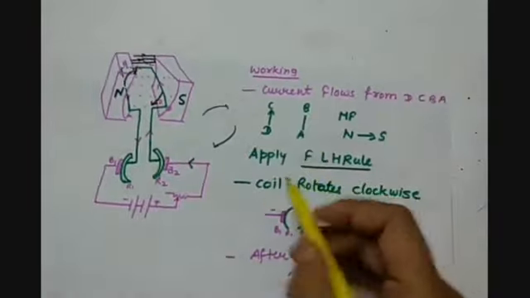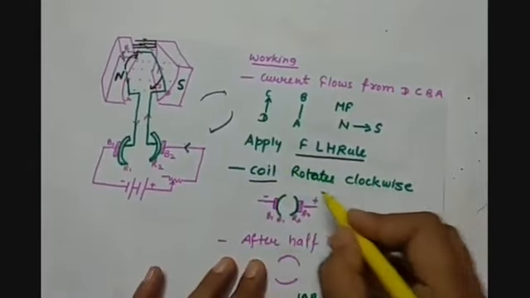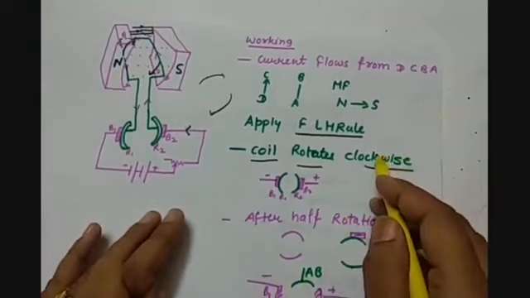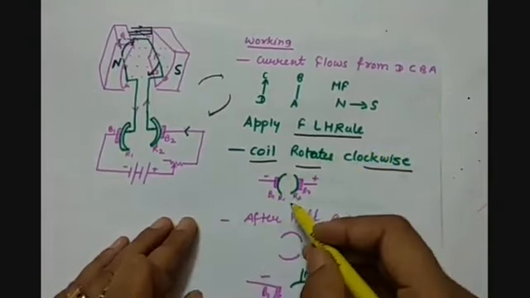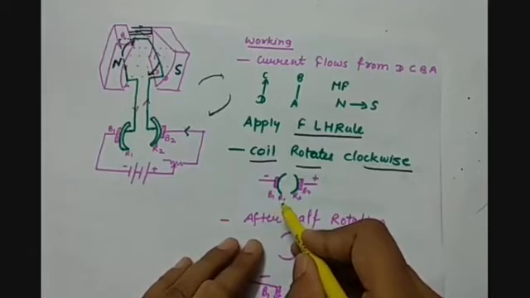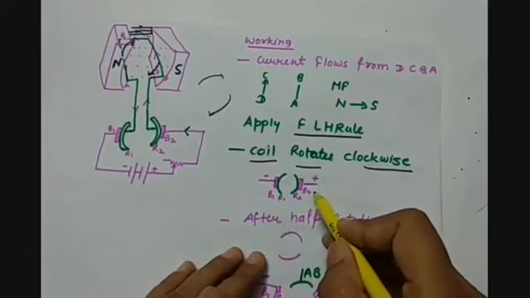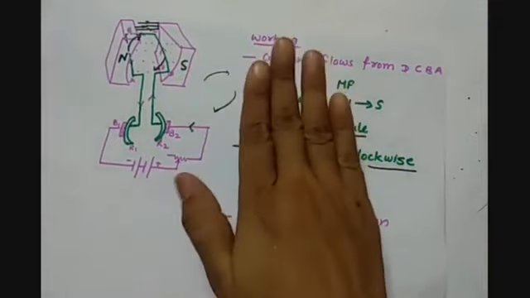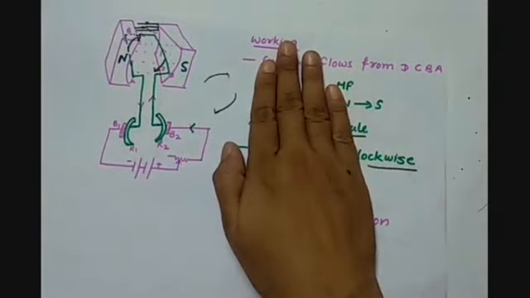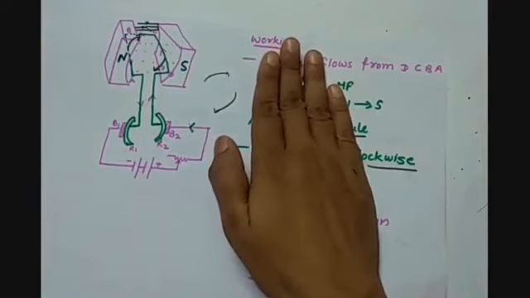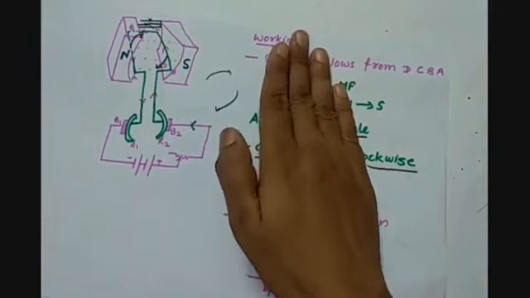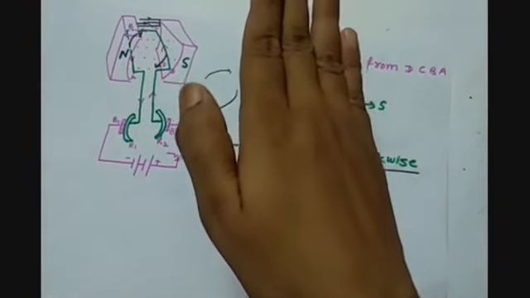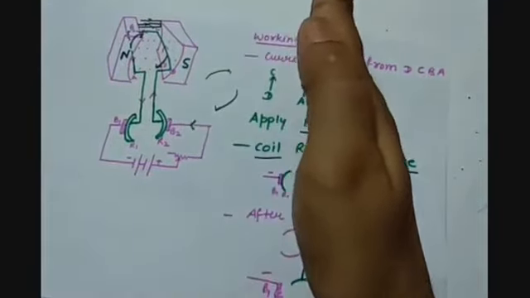So that causes the coil ABCD to rotate clockwise. Now in this situation, when the current is flowing, B1 is connected to R1 and R2 is connected to B2. But when it starts rotating, this arm experiences a force upward and this arm experiences a downward force. So a couple of forces act, and it will make it rotate. So this will come till this position.